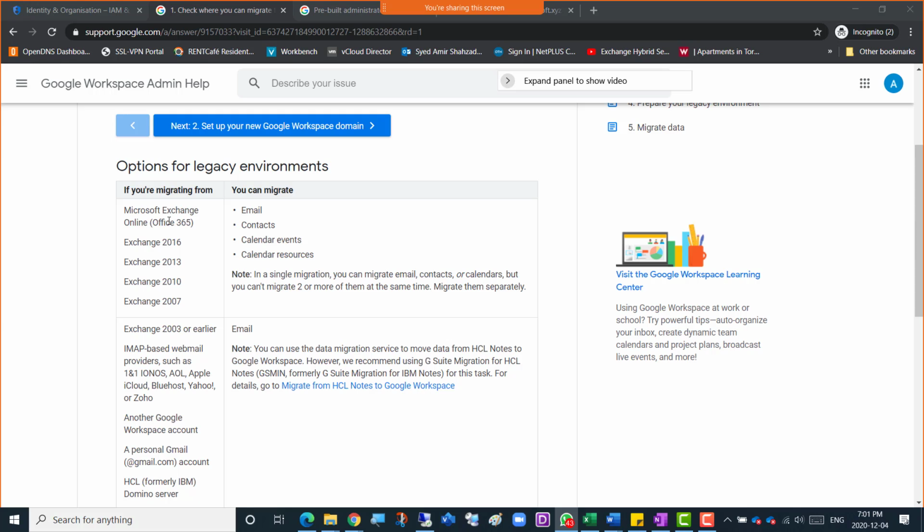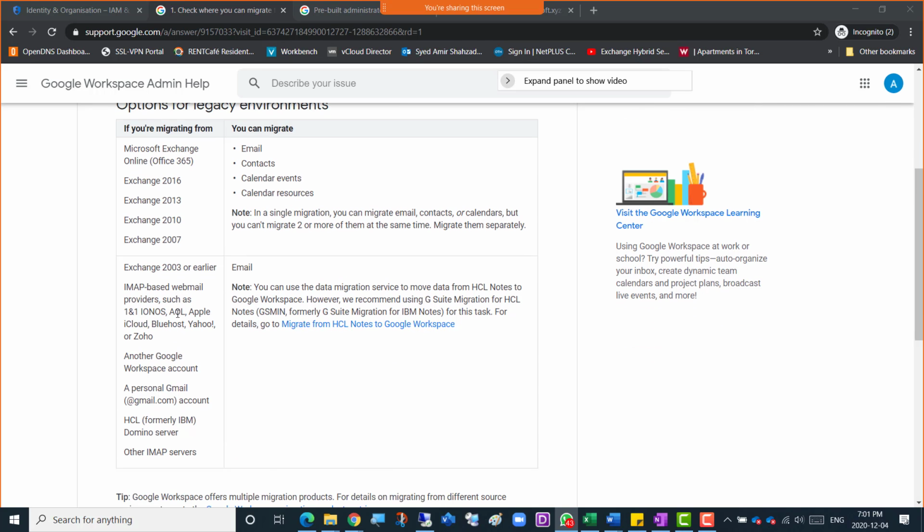Okay, so what it says here is that hey, you want to migrate stuff from Microsoft Exchange Online, Office 365, or on-premises Exchange 2016. Exchange is the email application, right? So Exchange 2013, Exchange 2010, 2007, and then even earlier, 2003. Wow, another Google Workspace account. So you have one, and there's another one. A personal Gmail you want to migrate from,